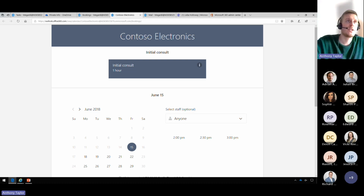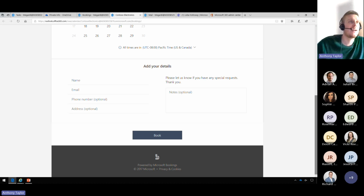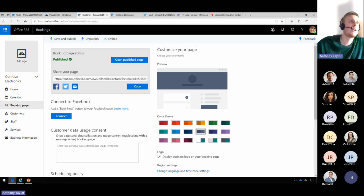What you're looking at here is essentially the web page which a customer will use to book in time with your organization. This can be edited, of course, and made your own, branded, that sort of thing. But it's a very handy and quick way to integrate people's requests to have time with your organization into your existing Microsoft suite. So if I go into the more developer side,